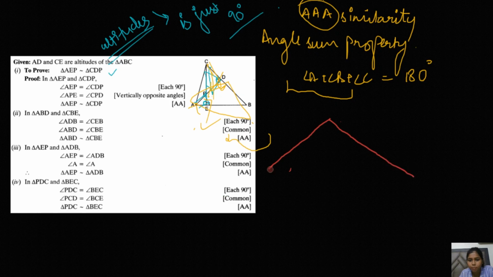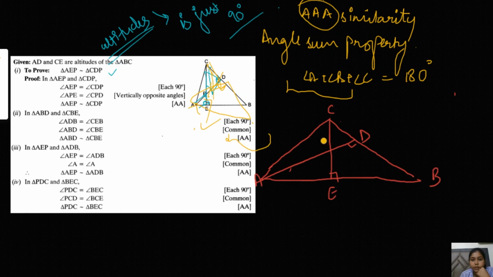These were the two altitudes, CE and AD was the another altitude, and this was, no doubt, undoubtedly B. Okay, so now what we have to go through is our third, that is AEP. AEP, this is your P point. So AEP will be like this and ADB will be something like this one, the bigger one.